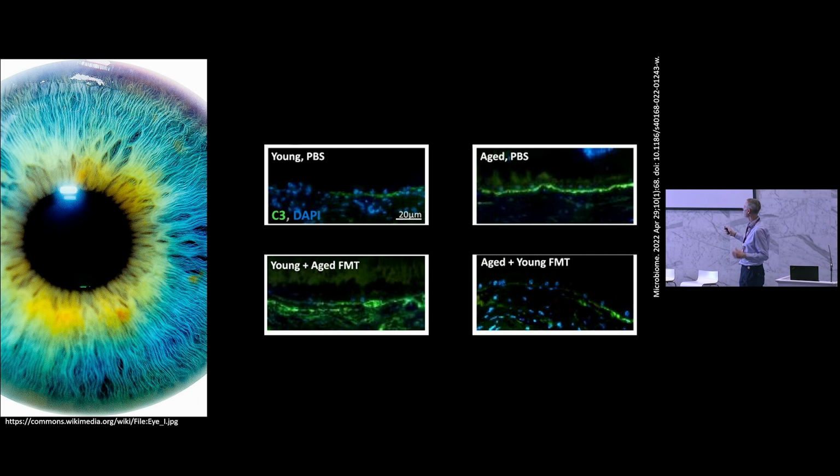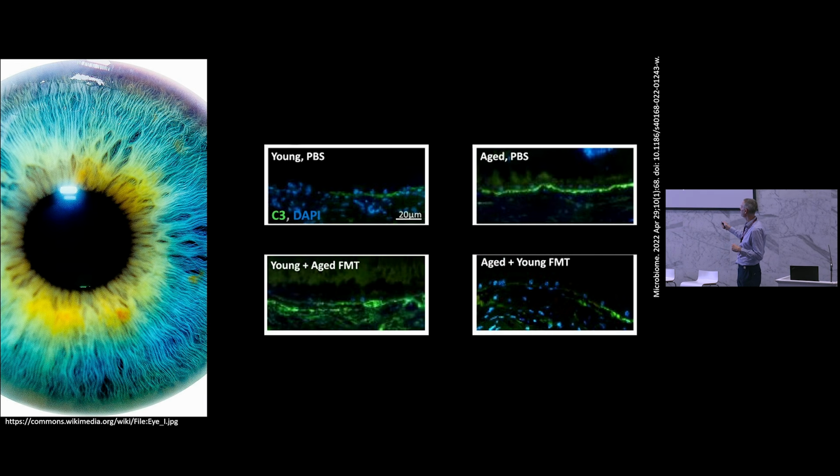Just very briefly, that's an eye, and what we're looking at here is just a little slice from the back of a retina. The blue dots you can ignore, they're just staining cells. The green dye is binding to part of something called complement, which is an immune response. Basically, inflammation means that something is going wrong and the cells are angry and it's not good. So the more green, the worse.